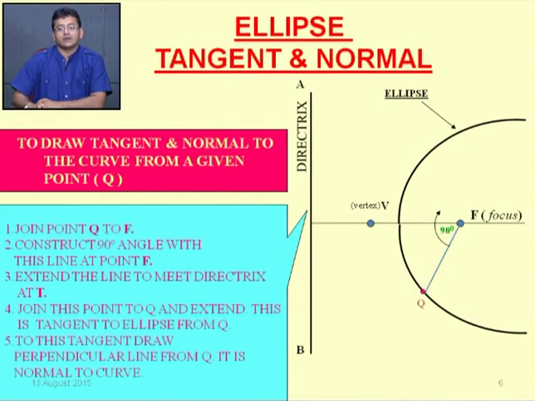Now draw a 90-degree angle QFT. The T is at the directrix line AB. So you can get point T. Now draw TQ, which is a tangent to this curve,